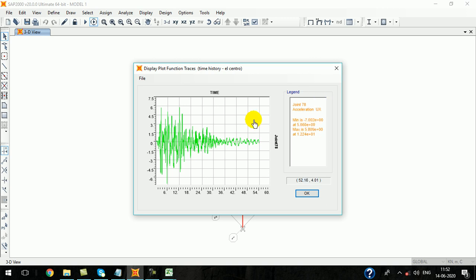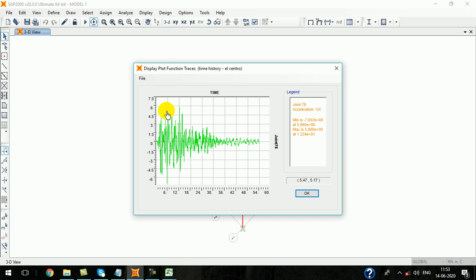You just imagine, in our IS code, for a particular period range, the maximum value given is 2.5. In the response spectrum you can see it is 2.5. That means if a structure has a time period of 0.6, it will experience a maximum acceleration of 2.5 times the peak ground acceleration. That is the meaning. Here also we have applied only around 3.5 meter per second square.